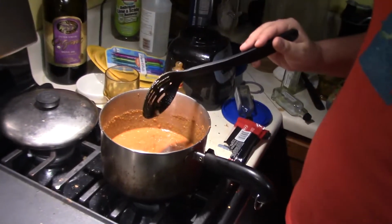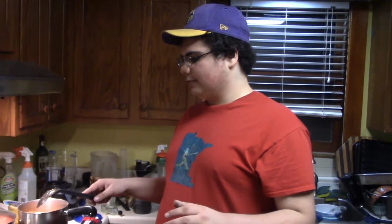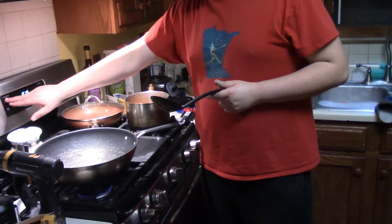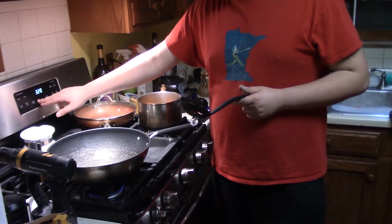We put the chicken in the fridge for 20 minutes and we're going to take it out in 8 minutes. Alright, so we got the chicken out after 20 minutes. The recipe says 30 minutes, but I did 20. We're going to heat the oil up enough so it's starting to jump, but we don't want it to be dangerous. We're going to preheat the oven to 325 degrees. And then we're going to add the chicken